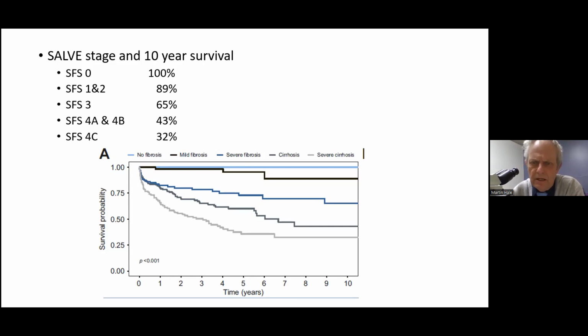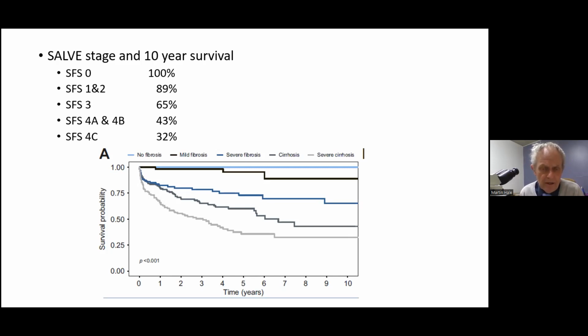And certainly, Bilal, Chris, I would be interested in your thoughts on this, and you guys have been to the EASL meeting recently and will have heard discussion on that. So I'm not sure how one marries these two. For example, do you take the worst prognostic criterion, the activity, or do you take the fibrosis score? Which one trumps the other?